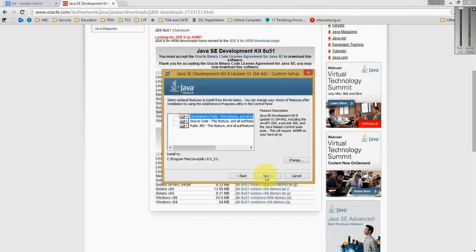Next, you can change the default directory over here, but it is not needed.